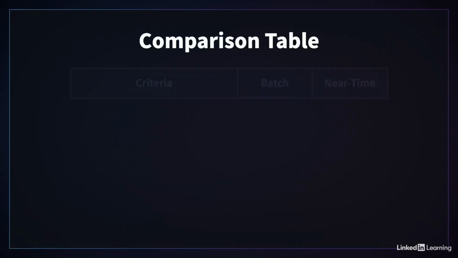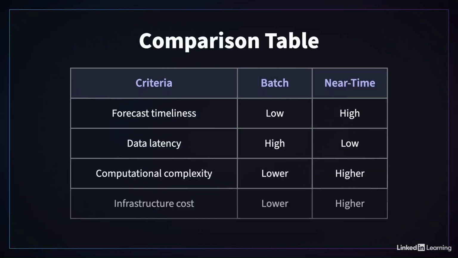To compare batch and near-time forecasting head-on, let's look at this table. Near-time forecasting offers high forecast timeliness and low data latency compared to batch forecasting. However, it also comes with higher computational complexity and infrastructure cost. So some typical